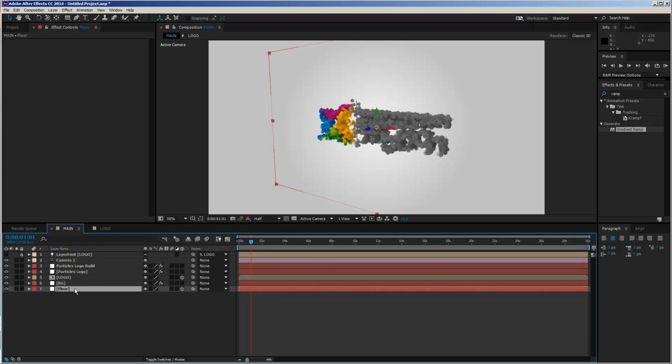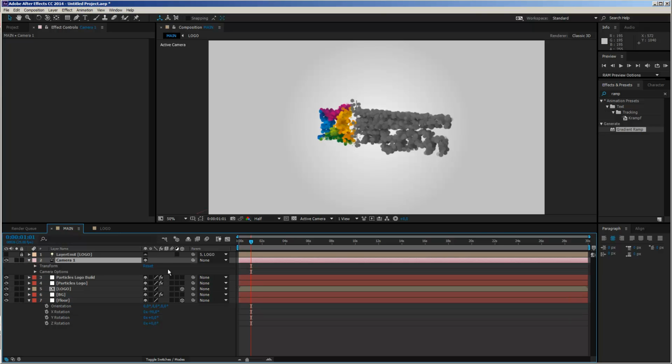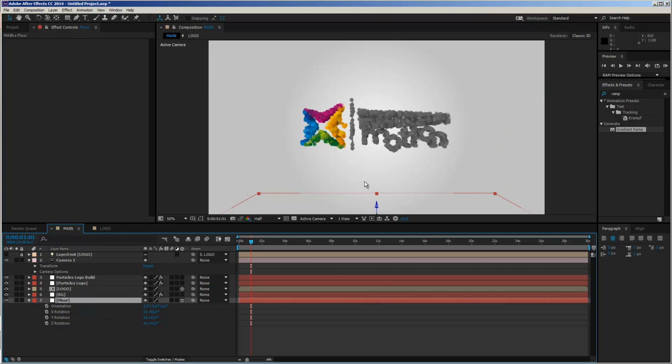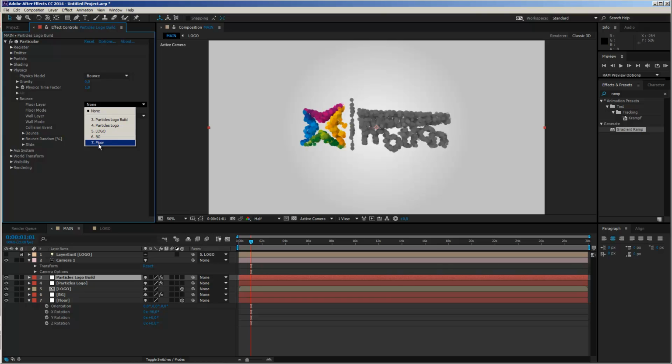We drag it down here. We rotate it on our x-axis by -90 degrees. And then I just take it on the z-axis and move it down. Actually, I will just quickly reset my camera so that we have our standard view here. Okay, so where is my floor? The floor is down here. And now I just have to tell our logo build particles that this is our floor layer. So let's come in here and let's open up the bounce settings. And for the floor layer, we select floor.